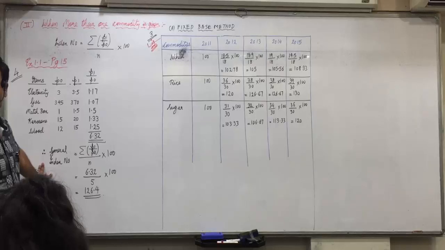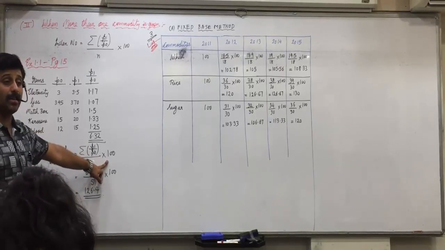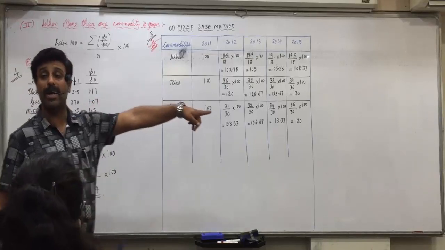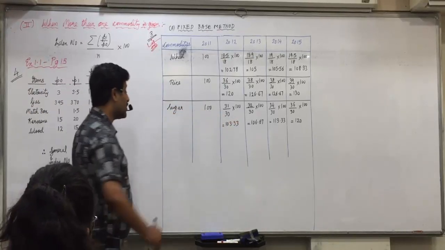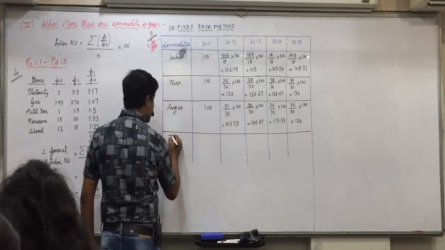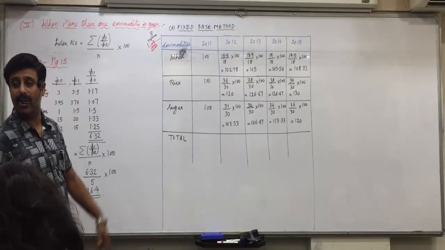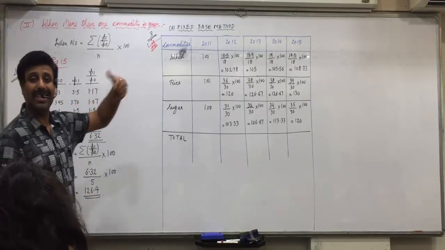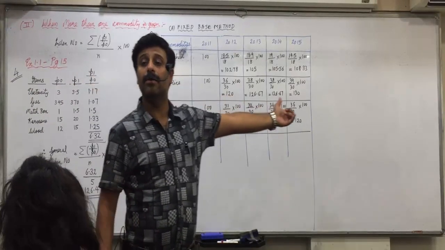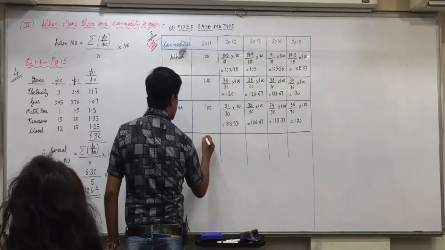Now this general index number, directly we have to do the total upon n. Do we have to do into 100 again? Because all are already multiplied with 100. So now simply average is required. First we get the total. Do you understand this? Into 100 we don't have to do, because inside the table itself we have done it.